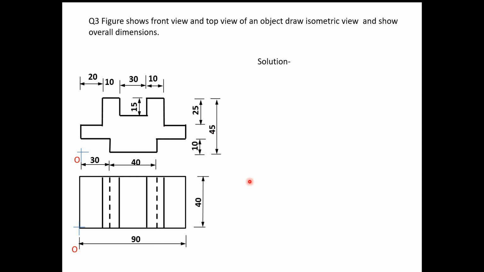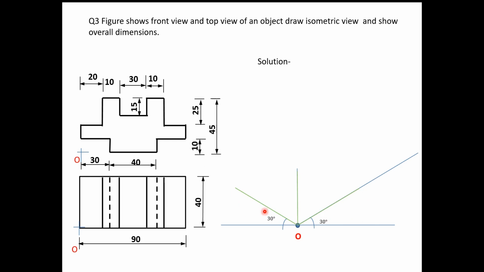So I will draw the origin. Now remember this: on the origin, the right side is a 90 mm distance. So draw a horizontal line and mark the origin somewhere here, so that on the right-hand side you have sufficient width to mark the 90 mm length. From this origin, draw the isometric axis at an angle of 30 degrees, then the vertical axis, then the left-hand isometric axis. Now mark the length.